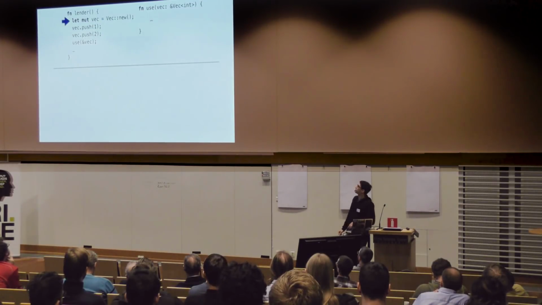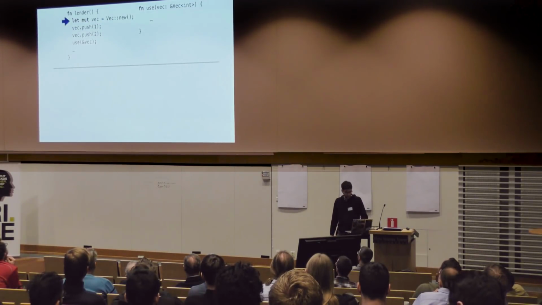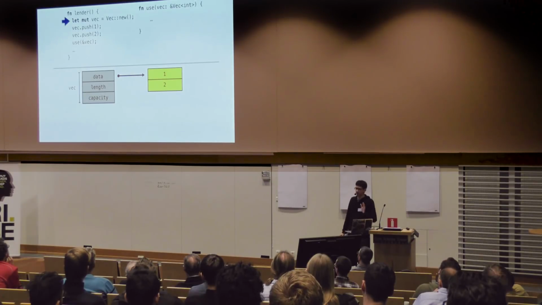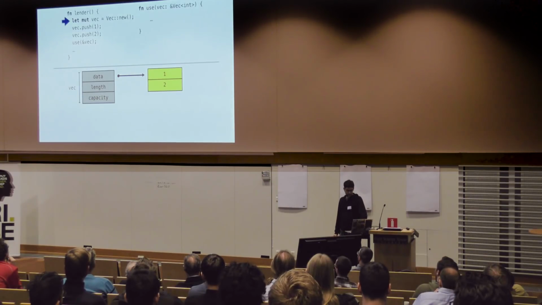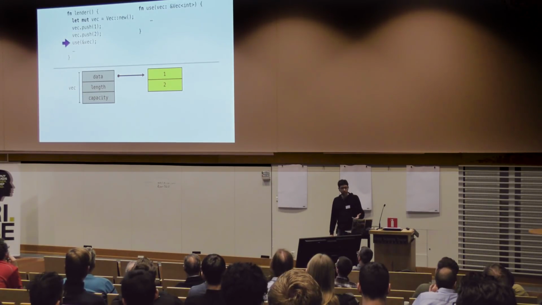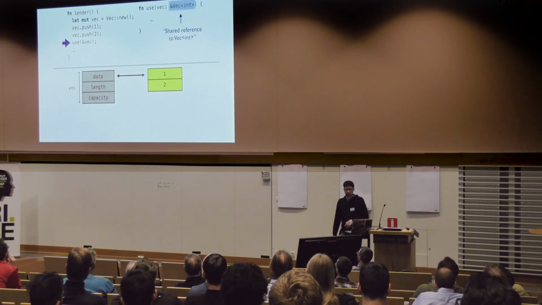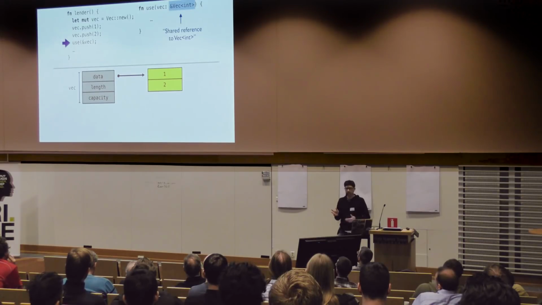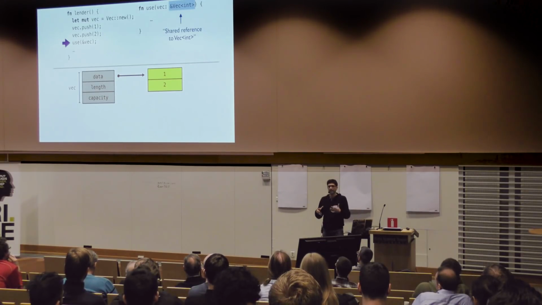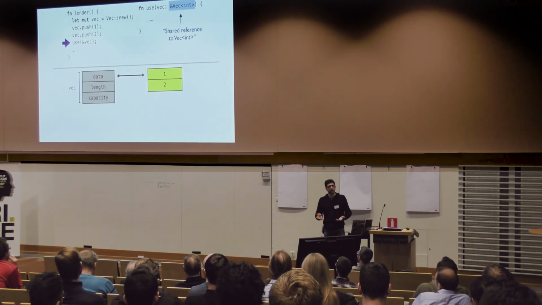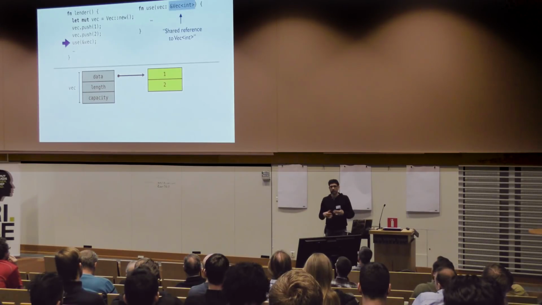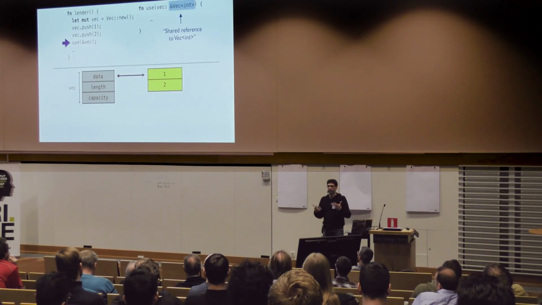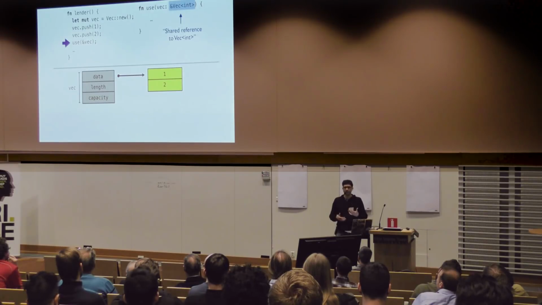So there's our example, and I'm going to make a vector here. This is all the same as the first example, basically. But when I call this use function, we see that the type of the vector on use is not vec of int here, it's ampersand vec. That means it's taking a reference to a vector in operational terms, but at a higher level, it's borrowing the vector from its caller. It's just going to temporarily make use of it.